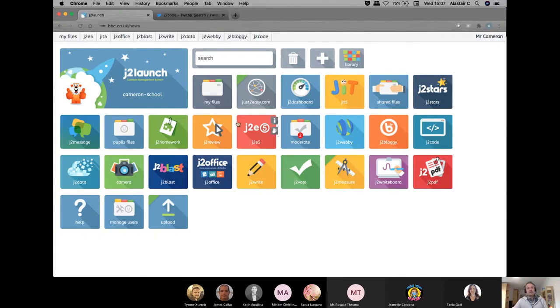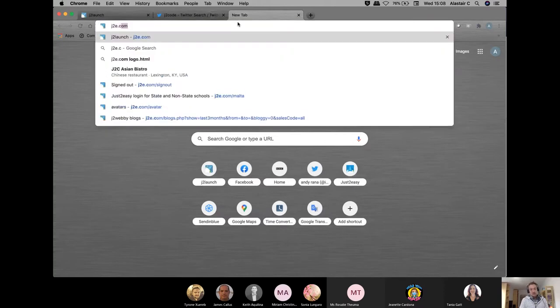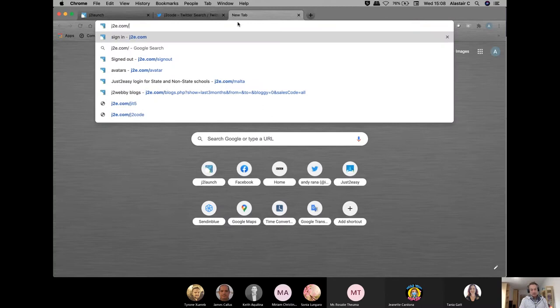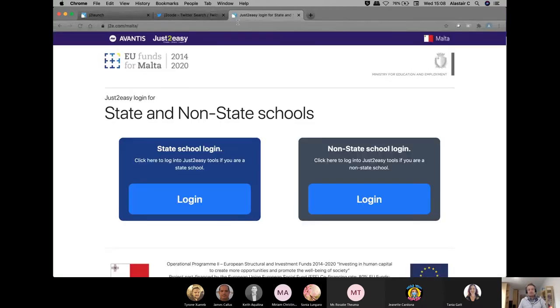Just for those of you that haven't been signed in before and haven't used J2E, a quick reminder for you here is how to get in. The first thing that you need to do with a school account in Malta is to go to a website called j2e.com/malta, all lowercase.